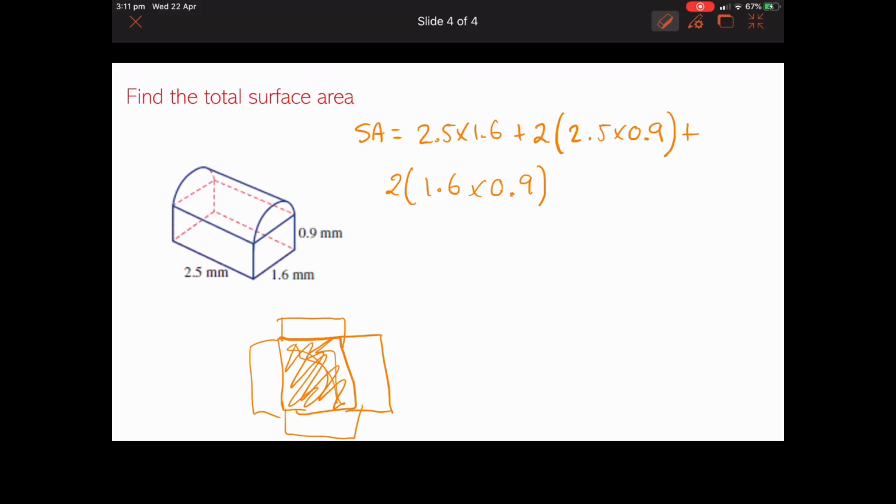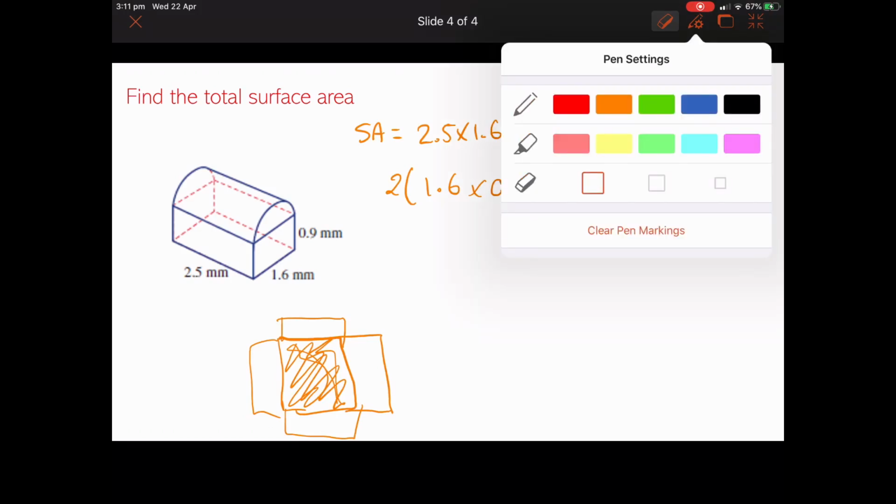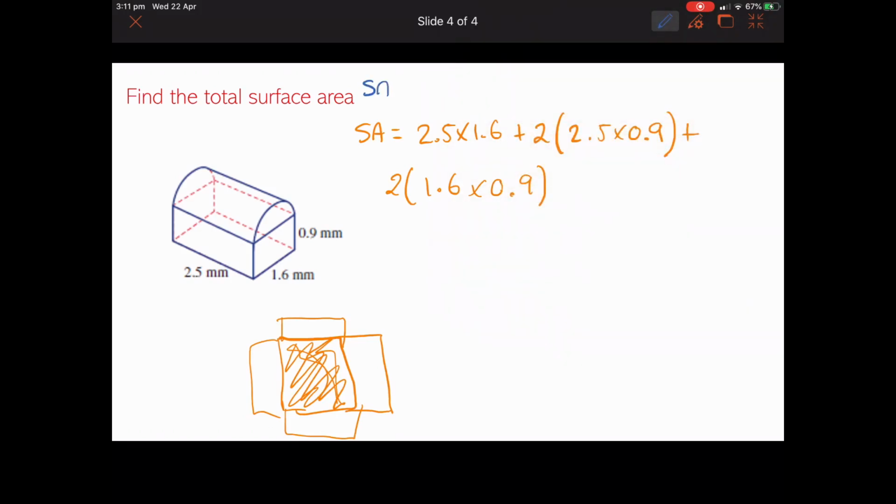Now I need to think about the top bit. So I'm just going to write up here the surface area for a cylinder is this formula here. We only really need half a cylinder, and we don't need to worry about this top surface here either, because that's joined to the bottom shape. So bottom solid. So what we're going to do now is halve this formula, so I can take away those 2's,